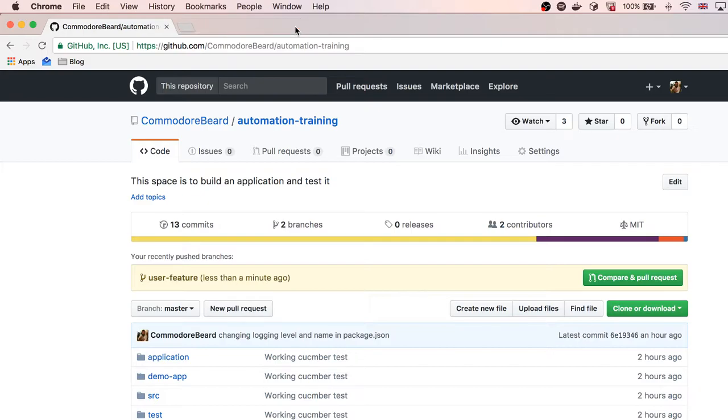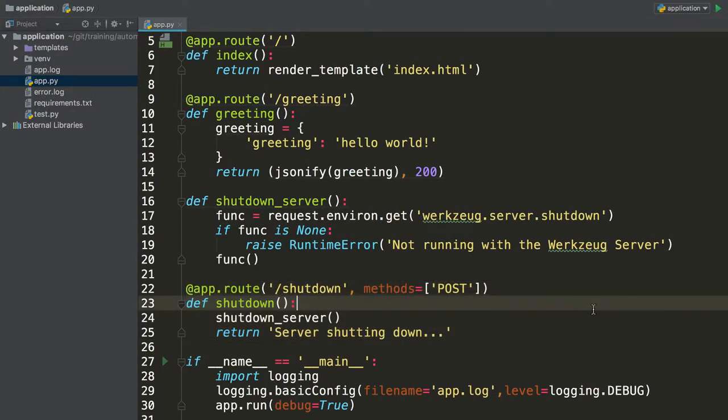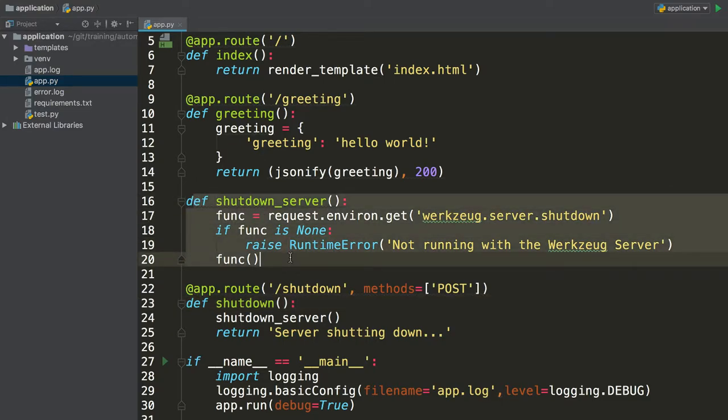So I've got this extra endpoint that I was just talking about, shutdown. So when you post here with no information, this will take the process that's running our web service and kill it. That's all it's doing. And this shutdown server method here,